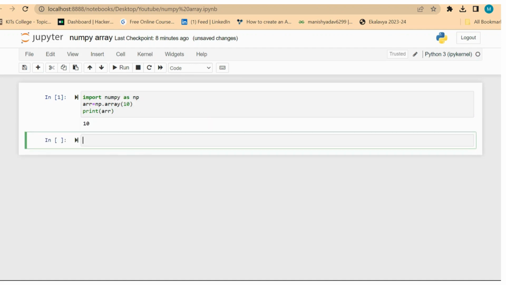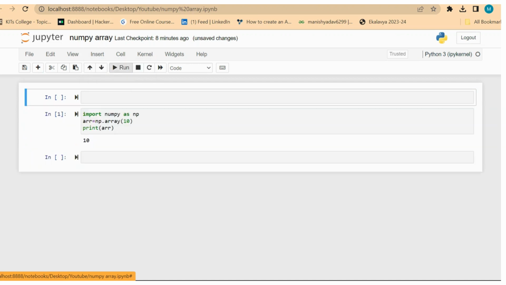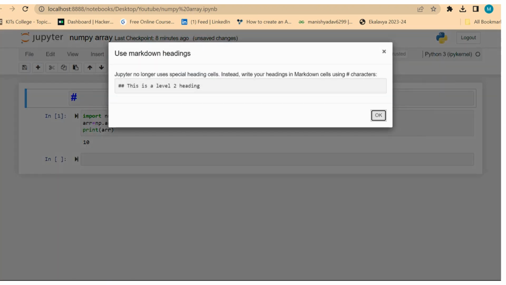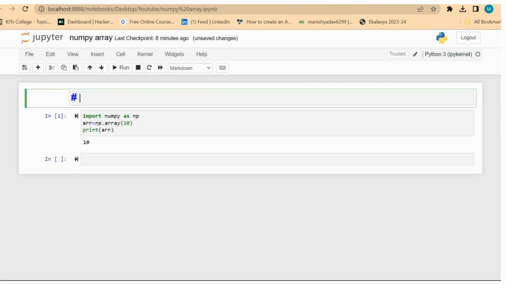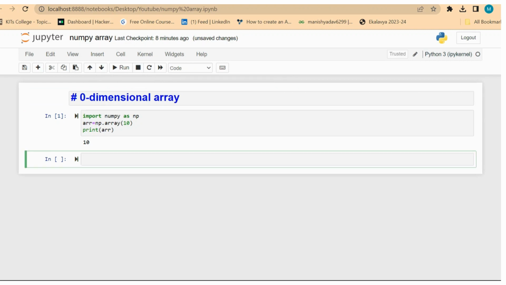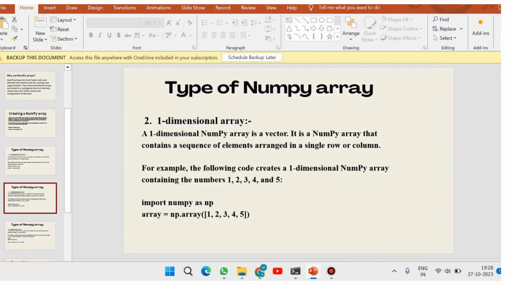This is a zero-dimensional NumPy array. Okay, zero-dimensional array done. Let's go to the next one.